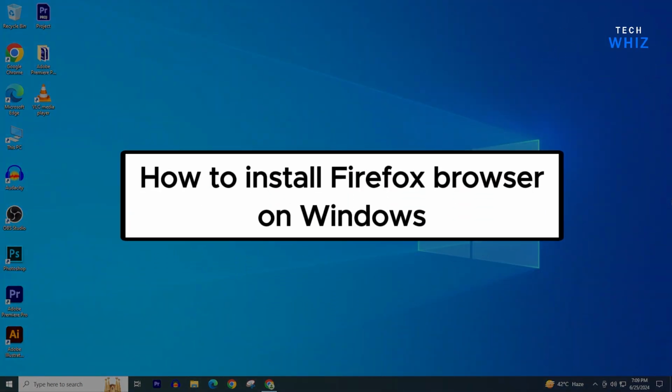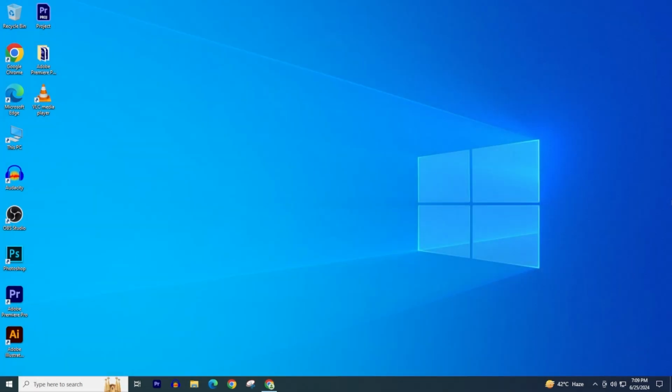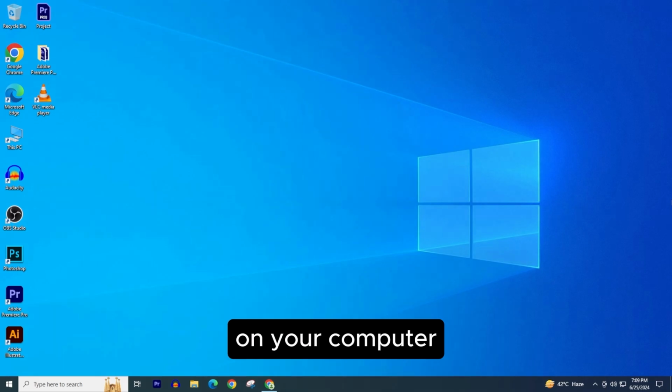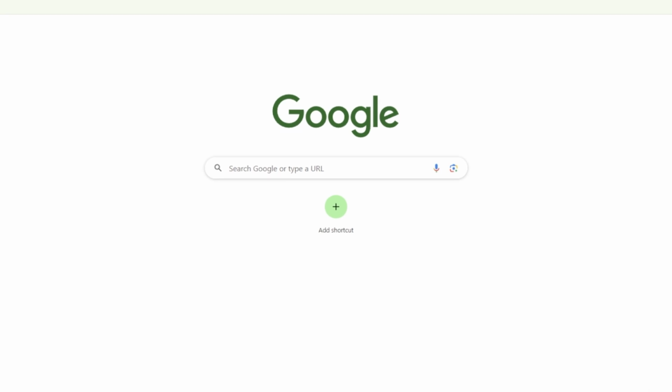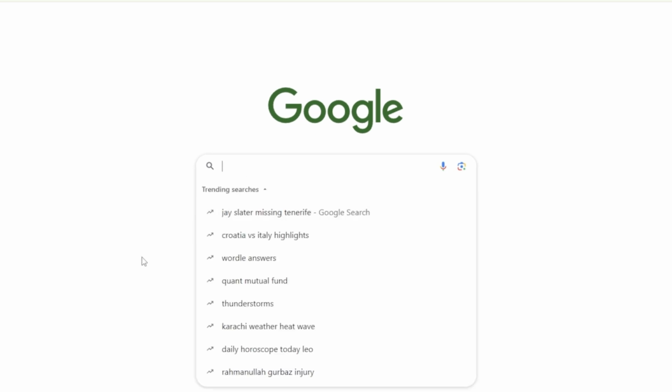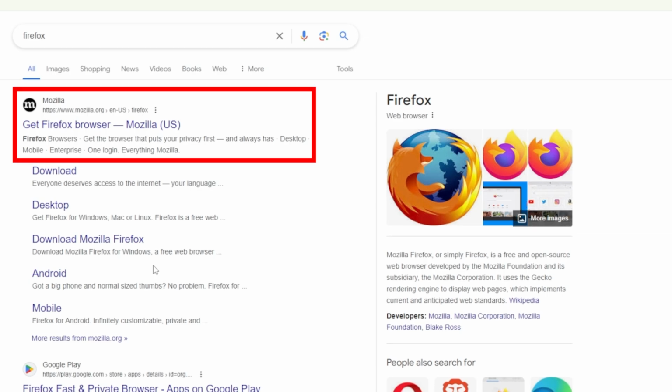How to install Firefox browser on Windows 10 or Windows 11. To download Firefox browser on your computer, first open Microsoft Edge or Google Chrome on your computer and then search for Firefox in the Google search bar. Open the first website,